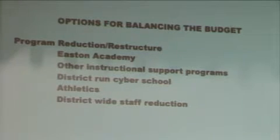We're looking at all the other instructional support programs. We're looking at attempting to establish a district-run cyber school, which will bring in revenue. We're looking at athletics, as I said, we're looking everywhere. And we're looking at district-wide staff reduction. We have to. If you look at those 4 areas, that's not going to get us $4 million. So we have to be looking at everything and doing things differently. We're also looking at contracted services. So all the way we spend money. As I said, those areas that we can, at 9%, we can adjust. We're reducing those expenditures back to the 9-10 levels. So we're going to have to deal with a little less in the classroom as far as supplies, and district-wide, not just the classroom, whether it's committees, whether it's...